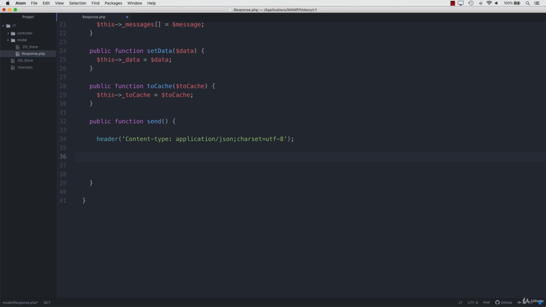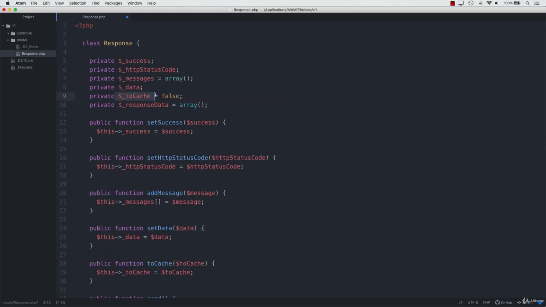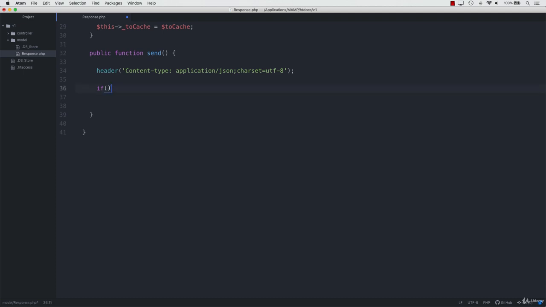Okay, now that we've told the client what type of data we're going to return, we then need to say whether they can cache the response or not. So it's a bit of logic here. So if, and then we need to check that our to cache variable is set to true. So if this underscore to cache equals true, just note the double equals sign there because we're not assigning it, we're actually doing a comparison. True. Then